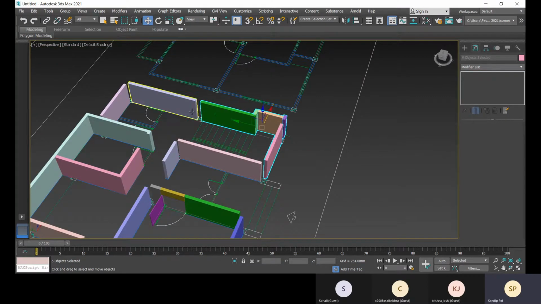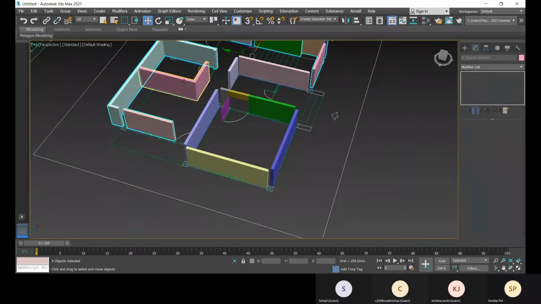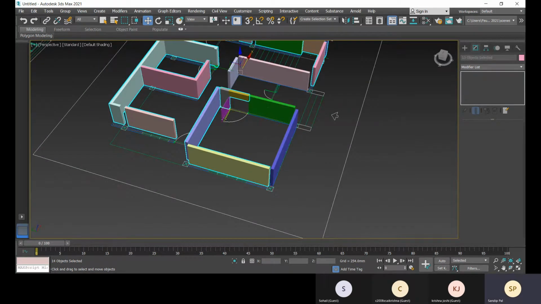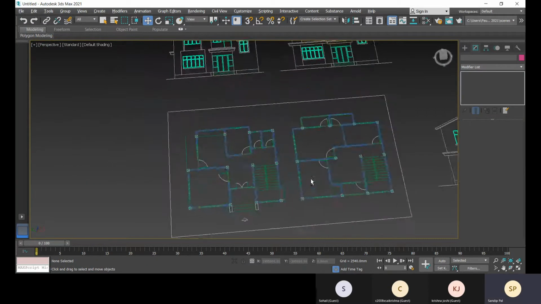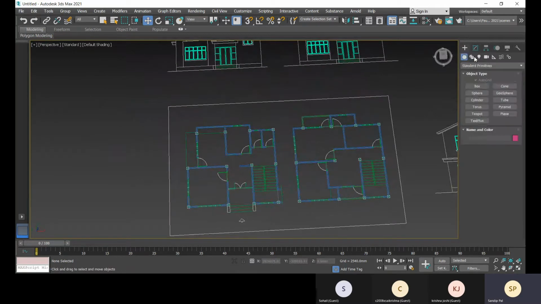I'll delete it. Another way of doing it is to go to shape and create with lines.